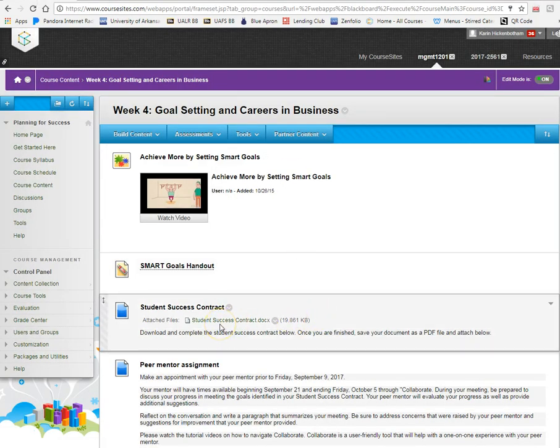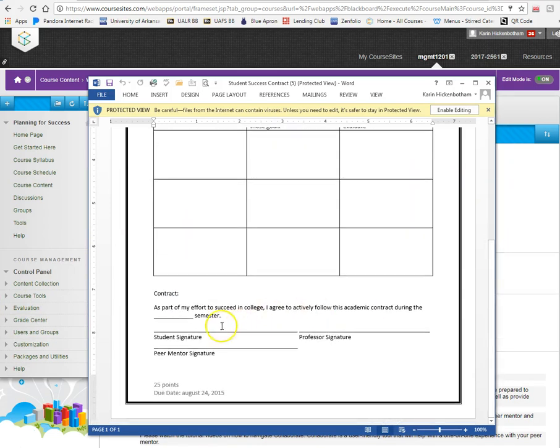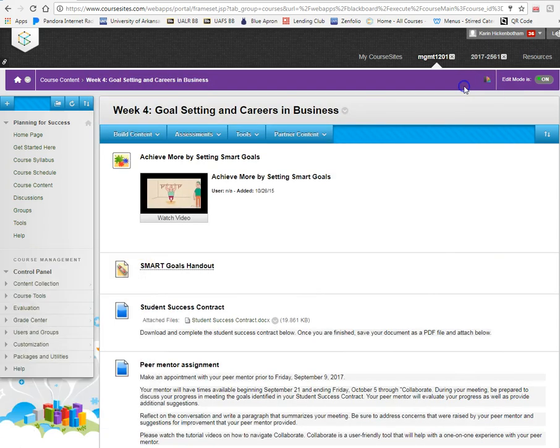The assignment attached to this is part 1 of 2. The student success contract will have them write out their own academic SMART goals, as you can see here. And what that will do is, at the end of the assignment, eventually the student will have signed it, the professor, and the peer mentor. We have peer mentors in these classes to help co-facilitate some of the content because students tend to learn better from other students because they're more relatable. So the peer mentor will be